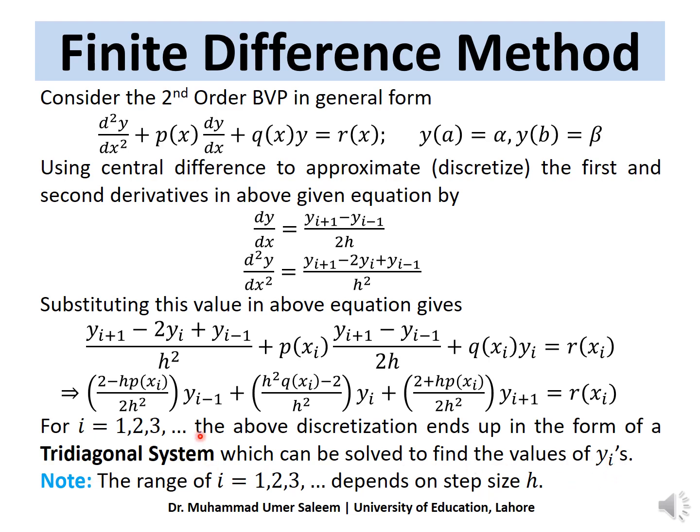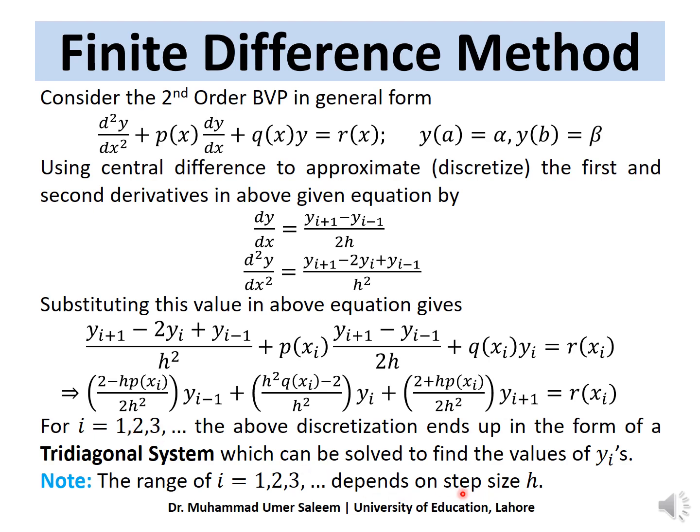So another thing is the selection of i. This is very important. So I'll be starting i from 1. Okay, fine. So how long will we be going? So if our initial condition is named as y0 and final condition is named as yn, so we'll be starting from 0 going to n. So if you look here, going to n, you need i is equal to n minus 1. सो y n तक पहुंचने के लिए आपको i को वेरी करना पड़ेगा, कहाँ से कहाँ तक, 1 से लेकर n माइनस 1 तक. सो ये इंटायरली डिपेंड करता है आप कितने हिस्सों में डिवाइड कर रहे हैं, ये स्टेप